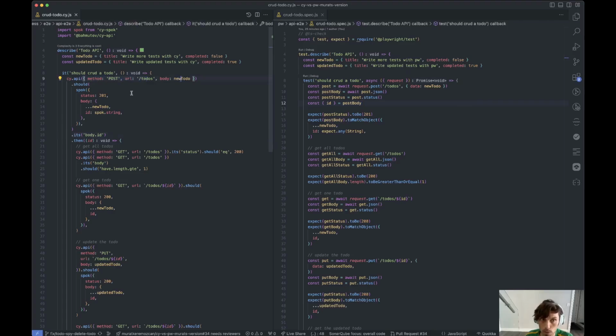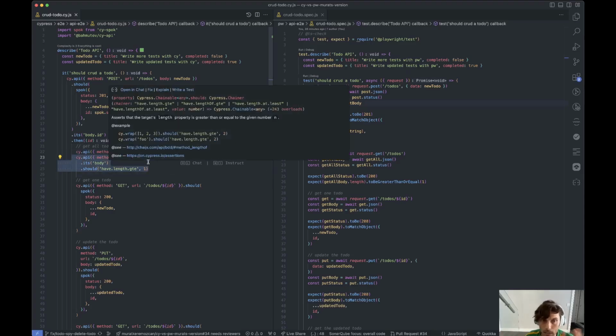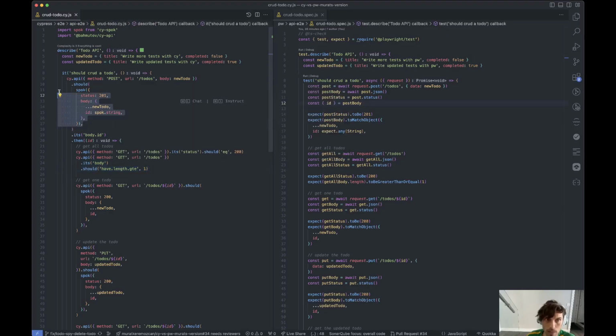We do a post to our to-dos, use Spark to do assertions on the status and the body, and we yield the body ID, and then we do get all, make sure the status is fine, the body's fine. You could even shorten this one, by the way, using Spark. I would also want to show an extended way of doing it if you don't use Spark. We get one to-do, get to-do's ID, Spark that status, body, ID, making sure the ID is the same,